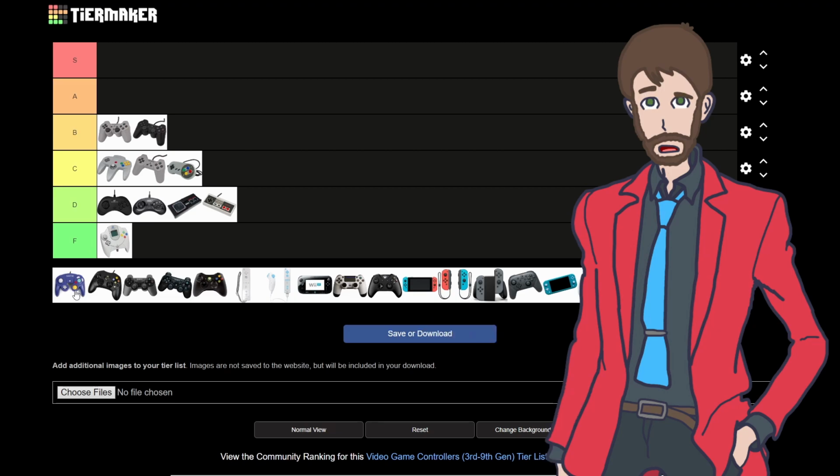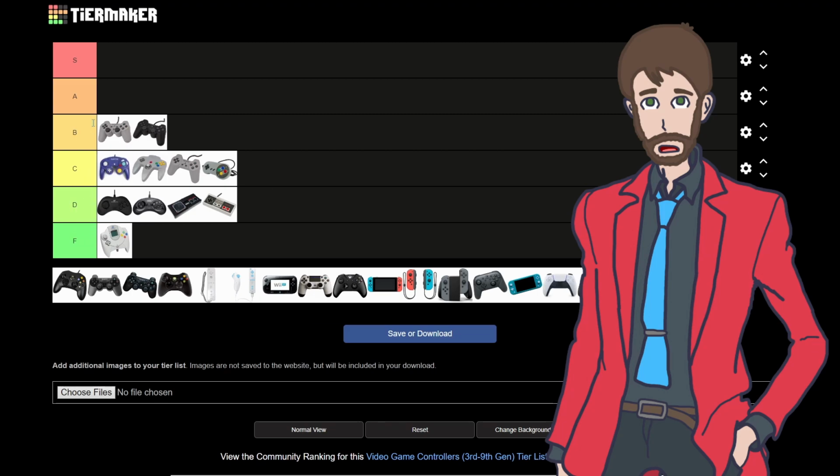This analog stick is just not meant to be used the way other analog sticks are used, which is weird. It's just strange. And again, this controller is super top heavy. The meat of this controller is on the top here. This part, there's nothing in there. I don't know, it's lightweight, it's durable as heck. I broke a few PS1 controllers in my lifetime, never broke a GameCube controller. I'm gonna go ahead and say this is definitely an upgrade, but it's not quite on the same level as a PS1